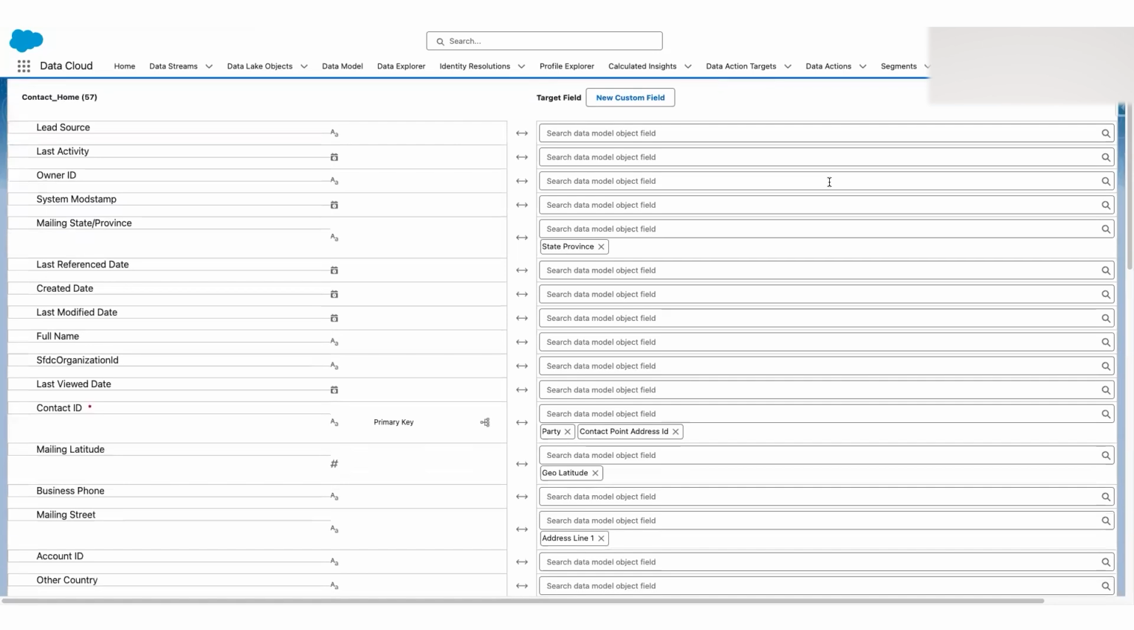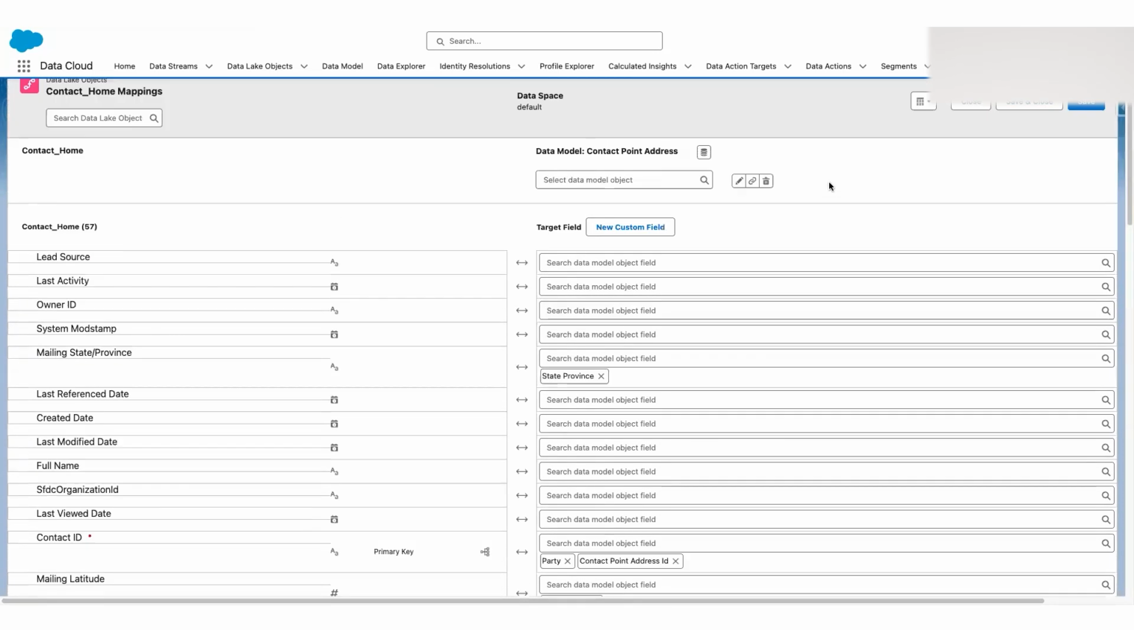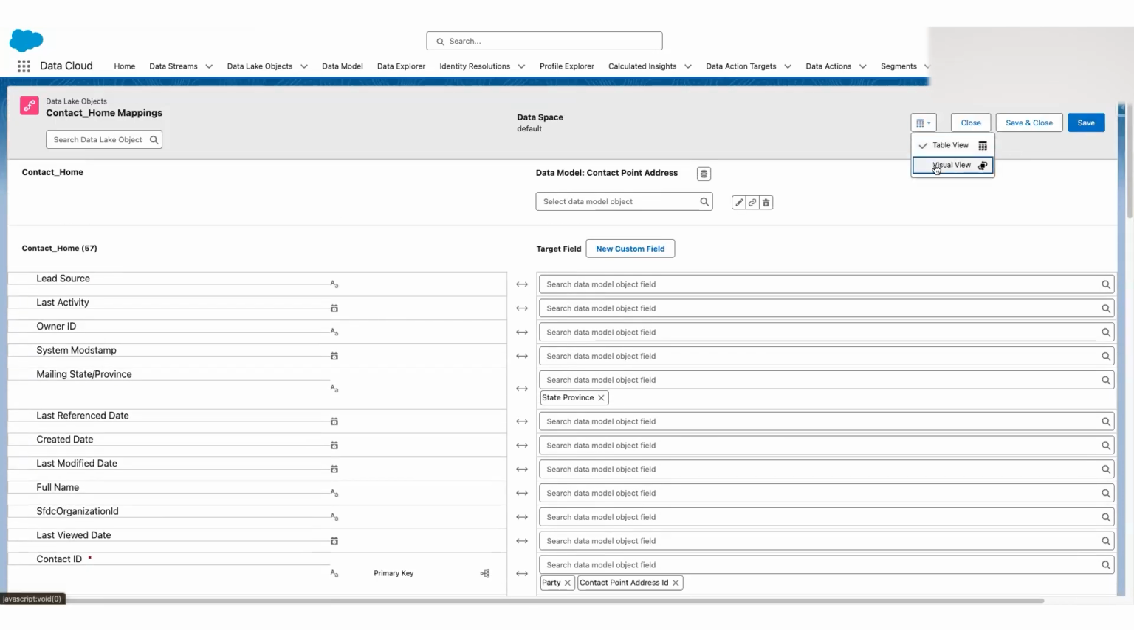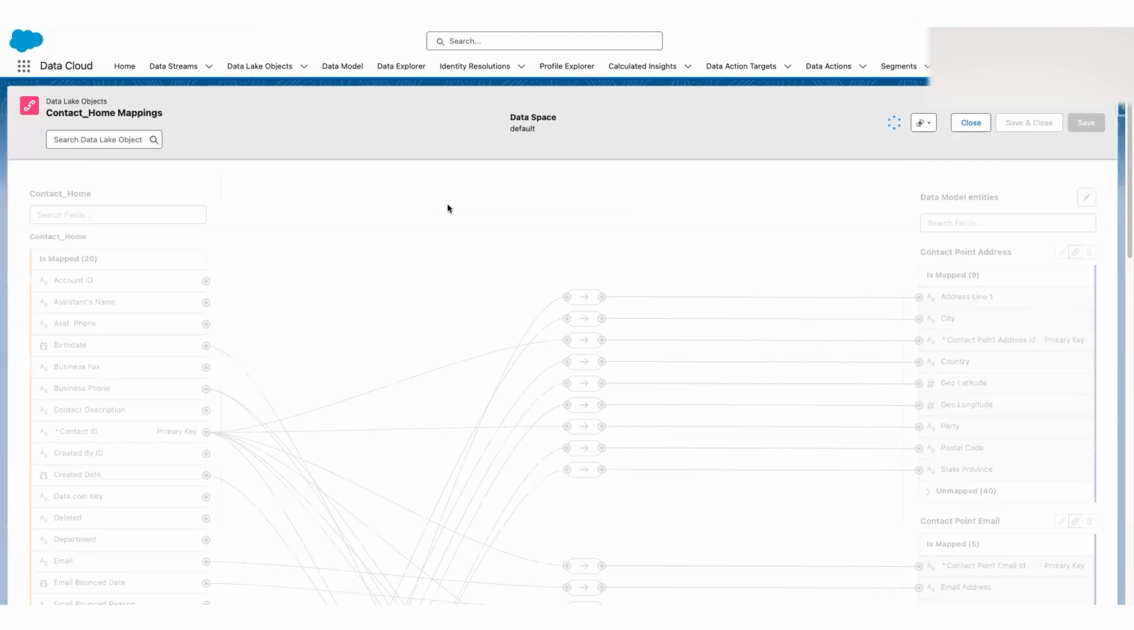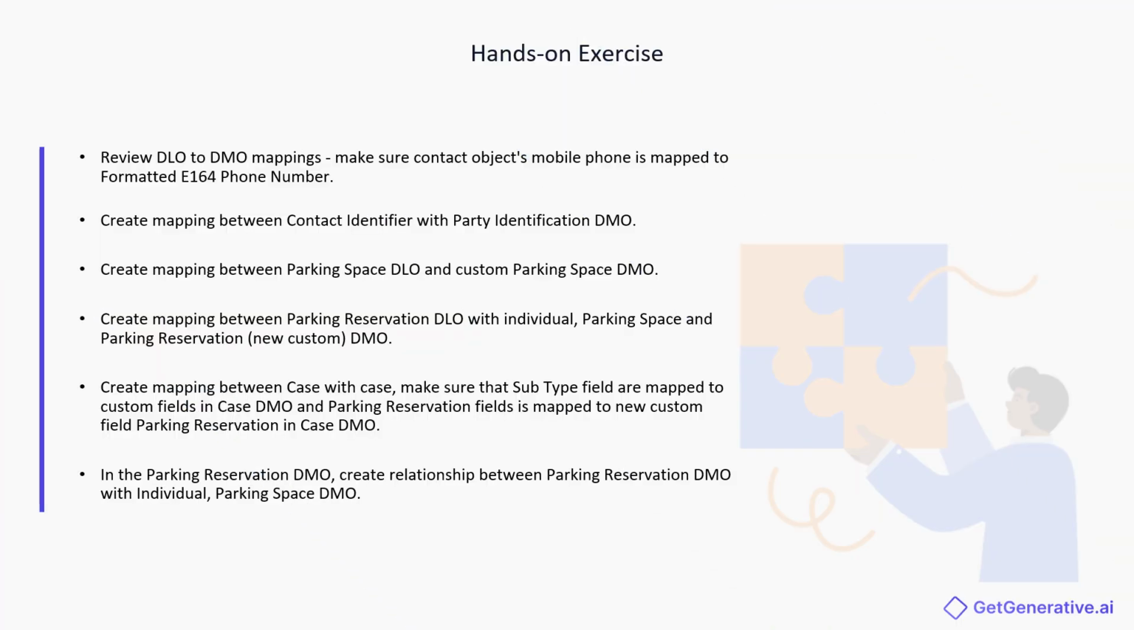I prefer the other view instead, the visual view. Going back to our hands-on exercise, we reviewed the mapping for Salesforce contact and we have resolved the warning as well. The next, let's